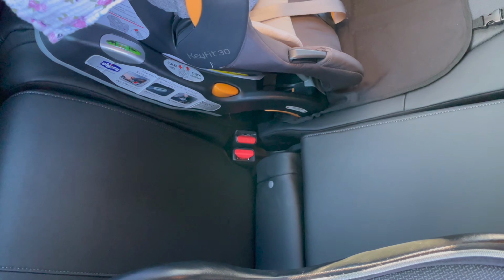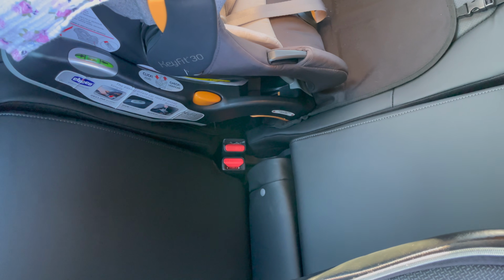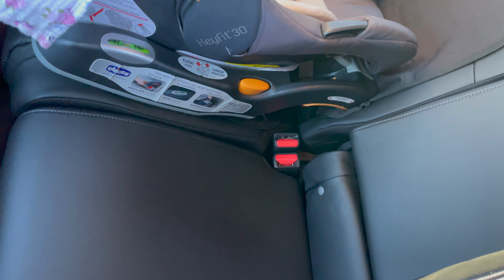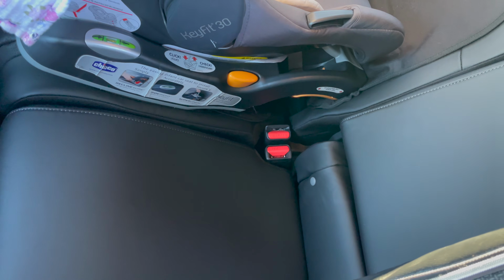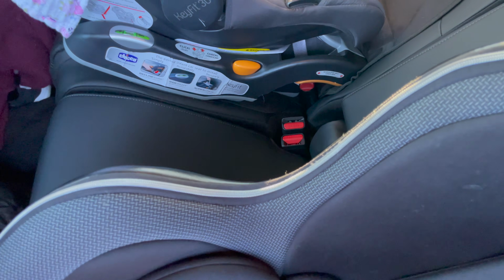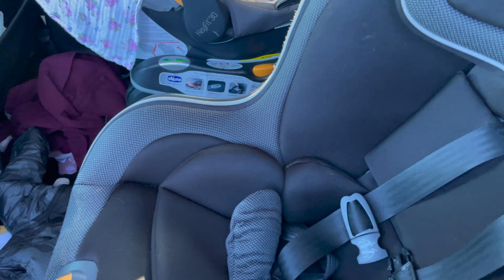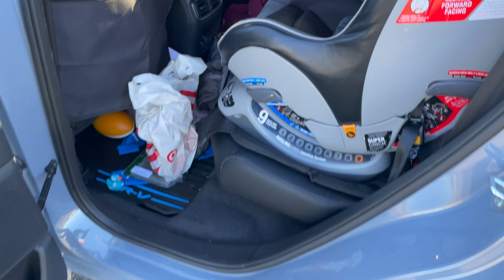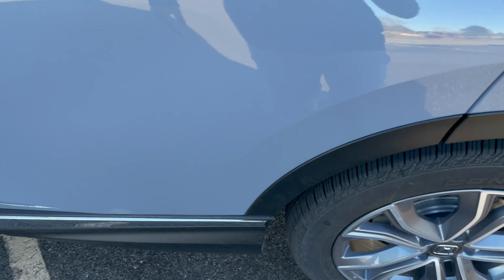I'm pretty sure I have a niece that is pretty skinny. Someone skinny will fit back here because she fits just fine, but I think someone medium weight, around 160 on average, is going to be pretty uncomfortable. So for two car seats, it's fine. You have plenty of space, and then if you have like a 10 to